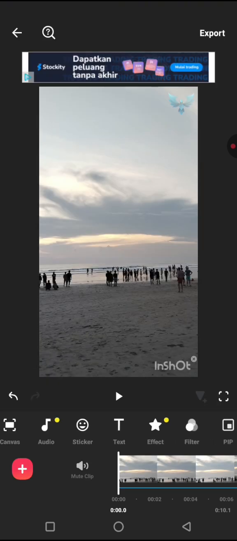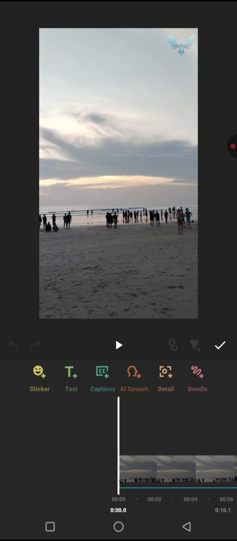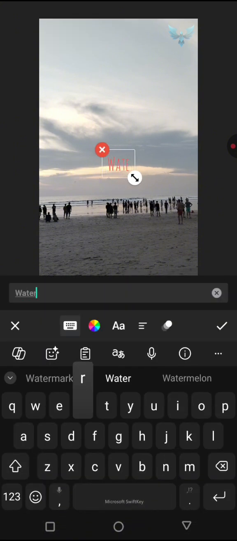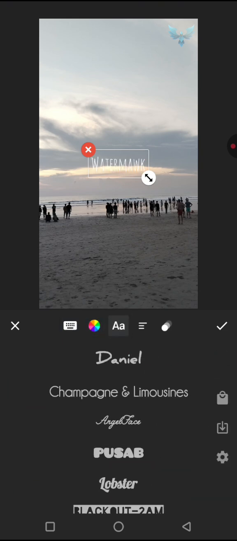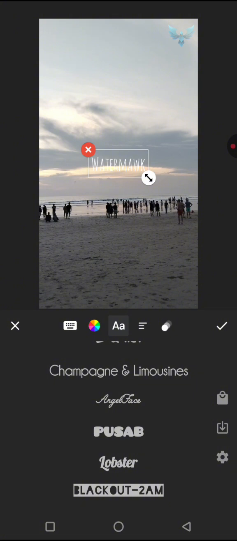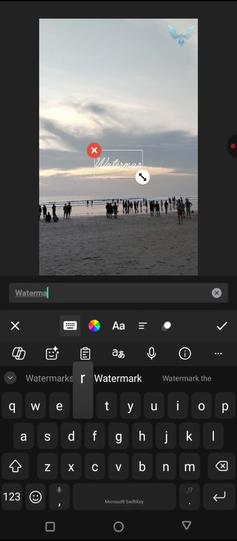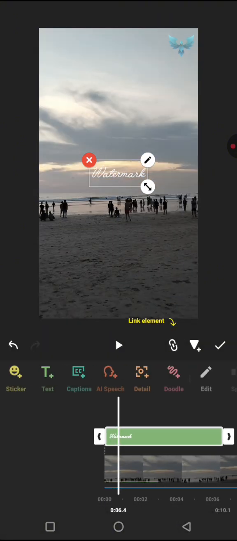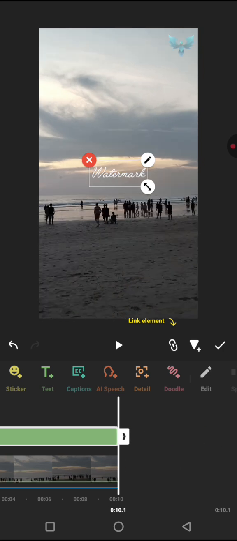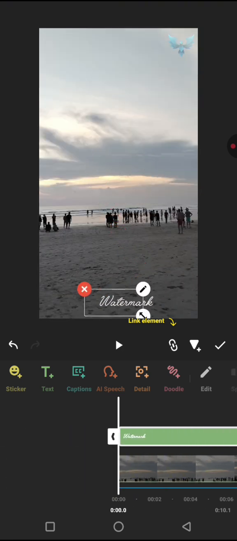For example, here I'm going to just go with text. Here you can click on the text, and I'm going to just write watermark. You can change the color and the font. I'm going to go with white, and for the font, let's say I'm going to use this one right here, and then adjust the duration to match with the whole video like this, and I'm going to put it at